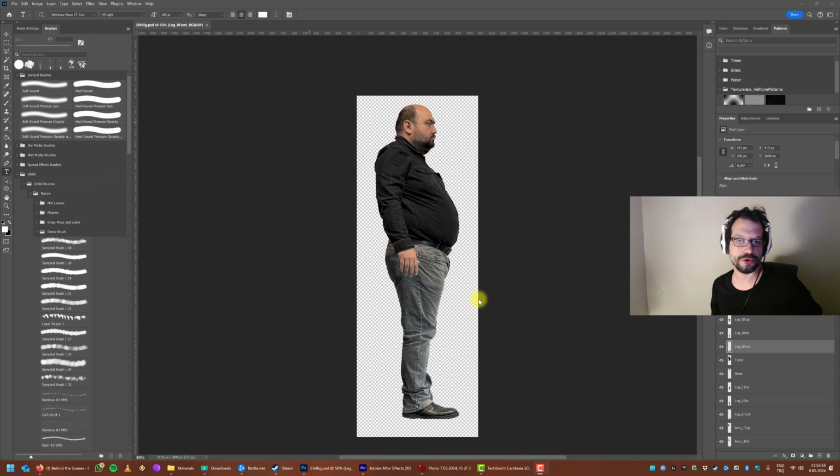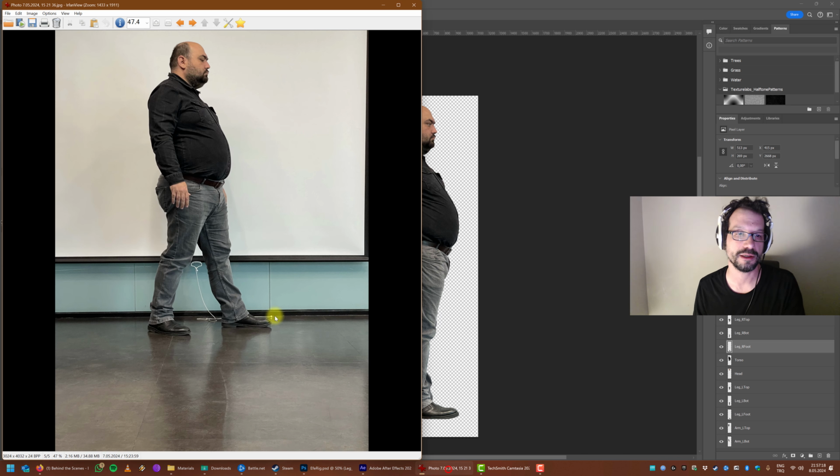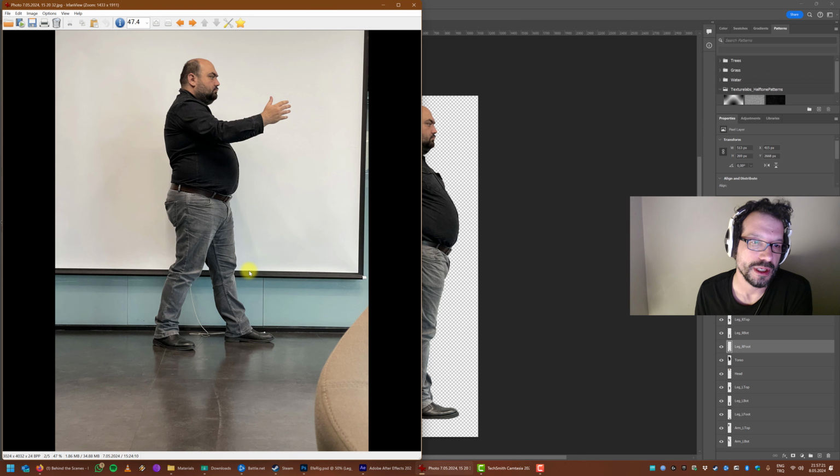So what I have in front of me is a Photoshop file, and when you look at it at face value, you might think that this is just a picture of Efeoja, but no, it is not. It is a collage, a rig made out of separate pieces, separate limbs, acquired from multiple photographs of Efeoja, like so. If you want to create limbs out of photographs, well, you need to photograph those limbs separately,